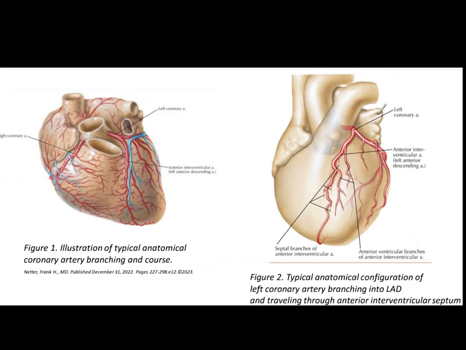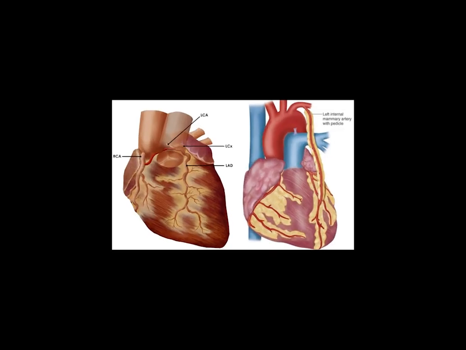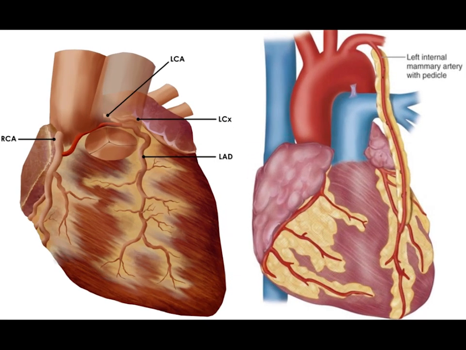LAD images. Here are two images of normal cardiac anatomy. You can observe how the LAD arises from the left coronary artery and continues inferiorly along the anterior surface of the heart. Next, here's a rendition of the anatomy of our patient. The vessel in bright red represents the course of our patient's LAD, coursing between the ascending aorta and the pulmonary